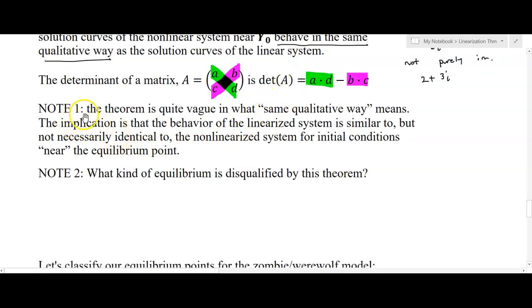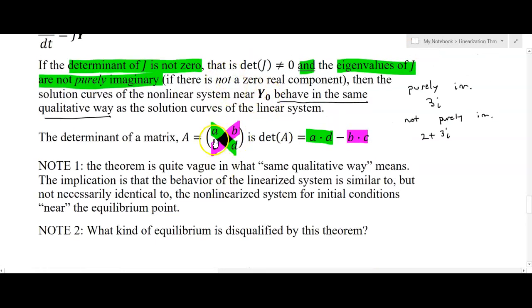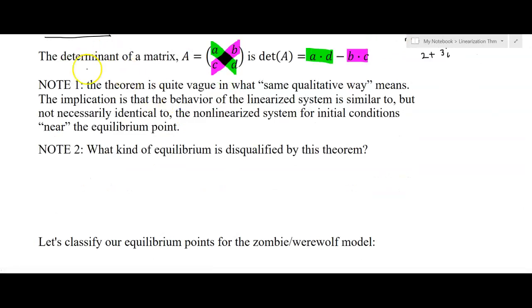So note one, the theorem is quite vague in what same qualitative way means. The implication is that the behavior of the linearized system is similar to, but not necessarily identical to, the nonlinear system for initial conditions near the equilibrium point. And then the second question we want to ask is, what kind of equilibrium is disqualified by this theorem? Well, if you get a purely imaginary